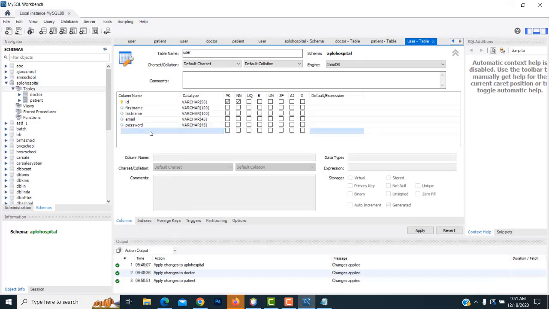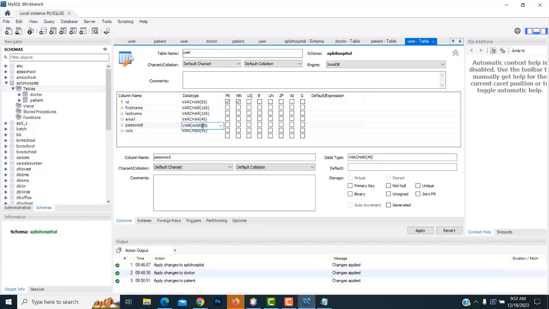Password. You generate the password. After that, you generate the role. This one was a password field. Also, you have to give some hash password. It's long, so we need a length, right? So email and roles are also enough, right? These are the fields of the